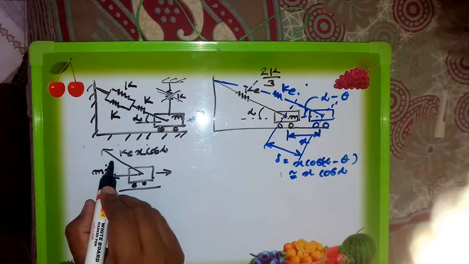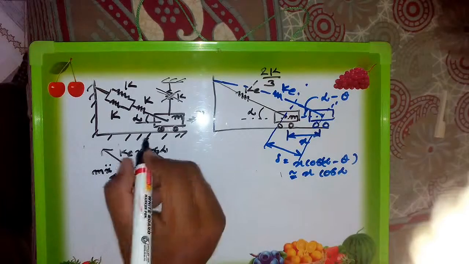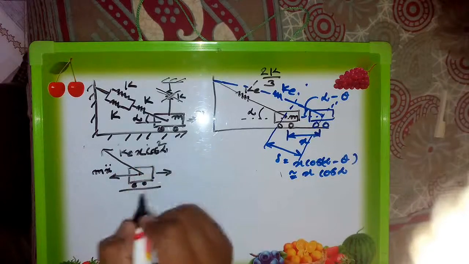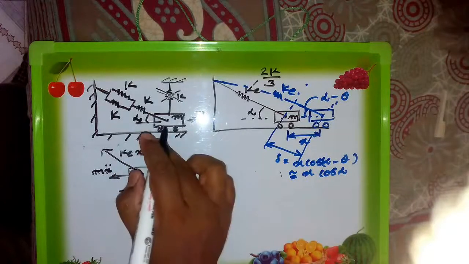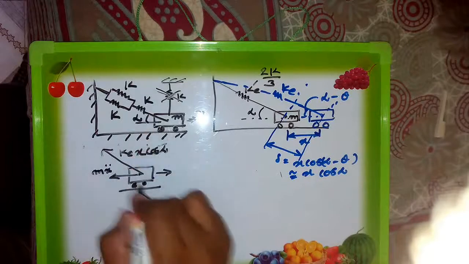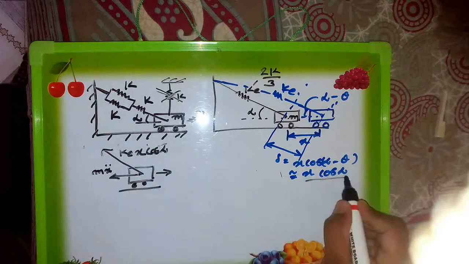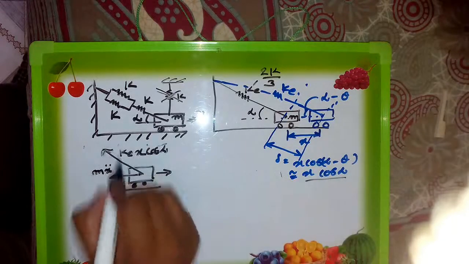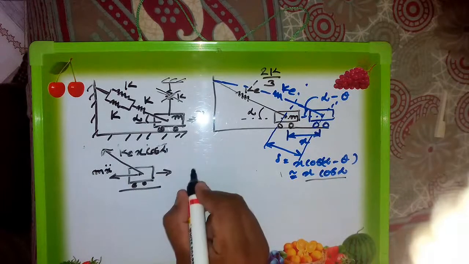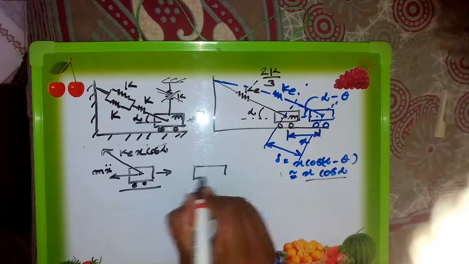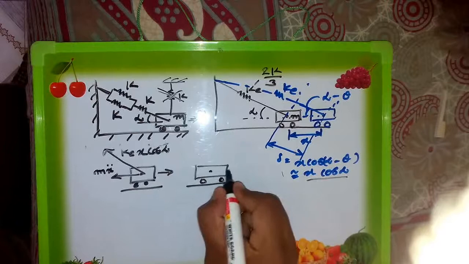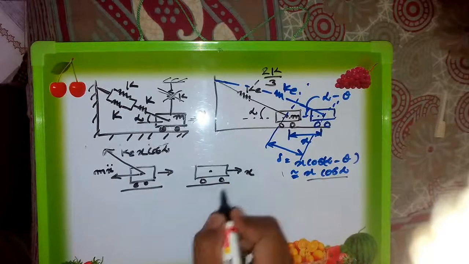Now this force I have to convert. Is it x cos alpha? Is it x cos squared alpha? Is it fine? I'm sorry, it is x cos alpha. This is a spring displacement because x cos alpha is the displacement of the spring. So x cos alpha is the spring force along this direction. So I have to neutralize the forces in two directions. Is it fine? So now this is a displacement x.